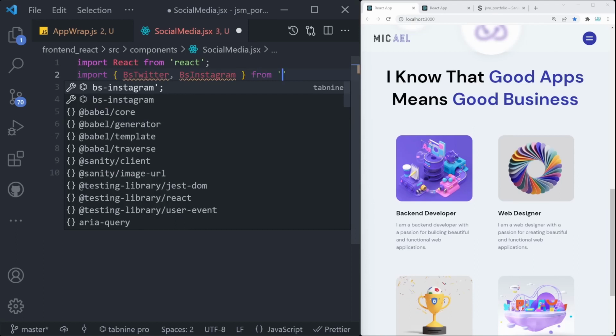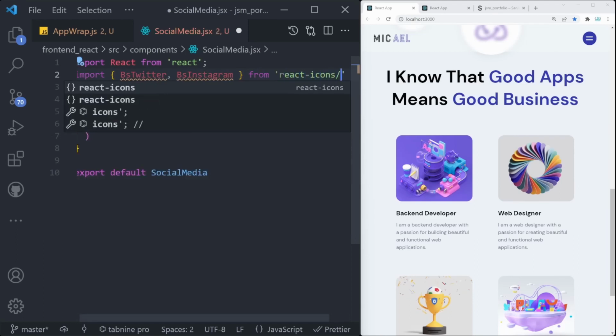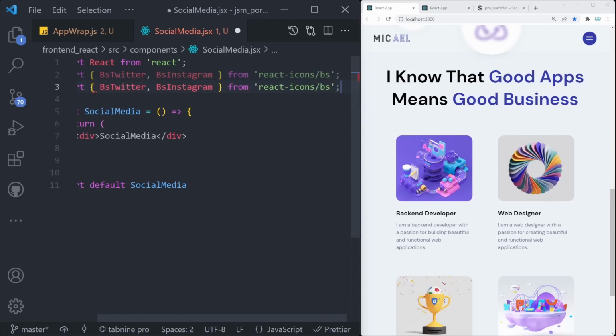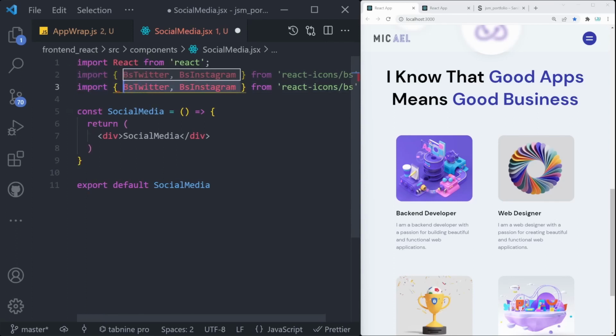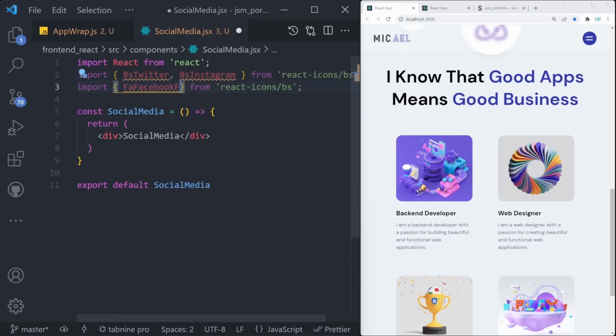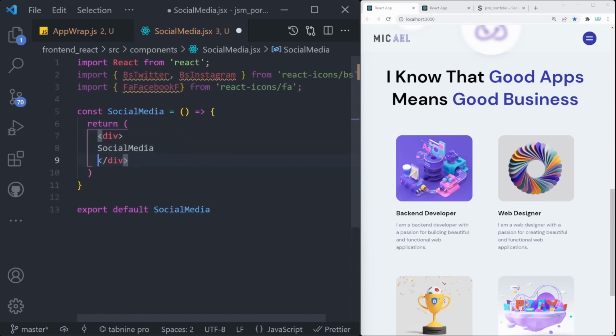And these are coming from react-icons/bs. We can duplicate this line below, and we're gonna also import FaFacebookF, and that is coming from react-icons/fa. Inside of here, we're gonna have a div, and that div is going to have a class name equal to